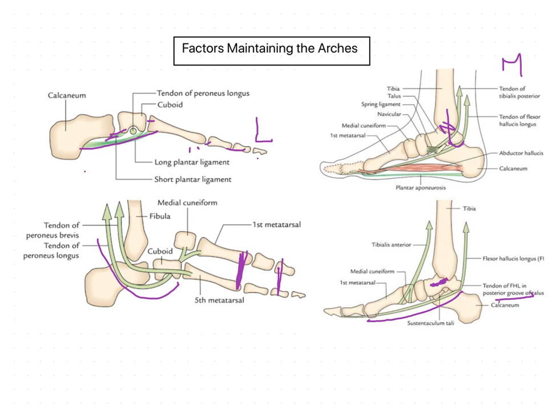Very clearly here we can find the tibialis posterior tendon. This one is the flexor hallucis longus tendon, and this one is the tendon of tibialis posterior. And also tibialis anterior and peroneus tertius